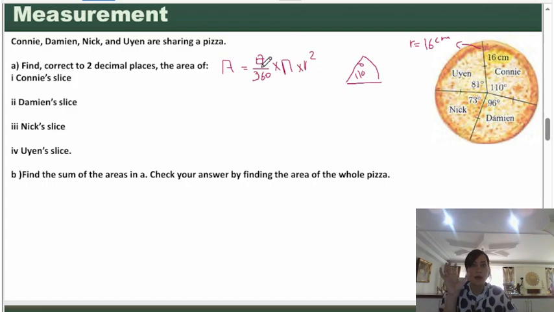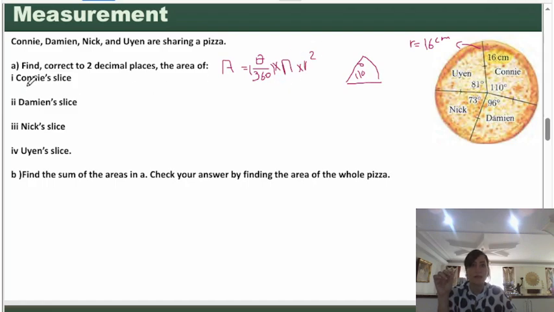For the whole circle, we know the arc is 360, so I can cancel out this 360. So for the whole circle, I have pi r squared. So for any arc, the area is theta over 360 times pi times